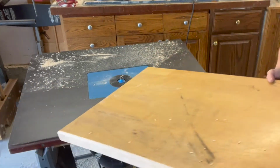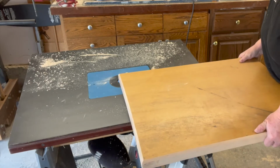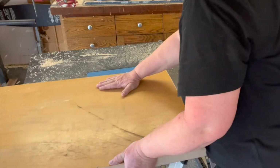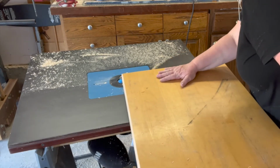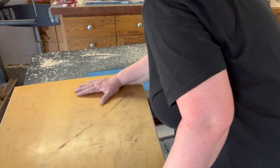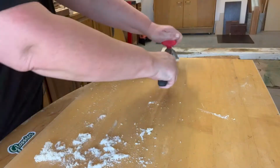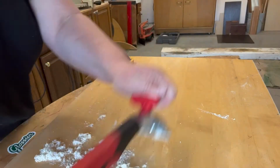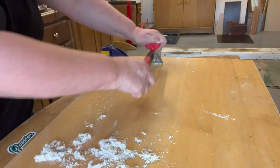Also, you can see a big black stripe on the front of the table, and that's a little bit deep. So later on, I really have to try hard to get that smooth. So I do use a lot of sanding on it. So first of all, I'm scraping all of the wax off of the top, and there was a lot of